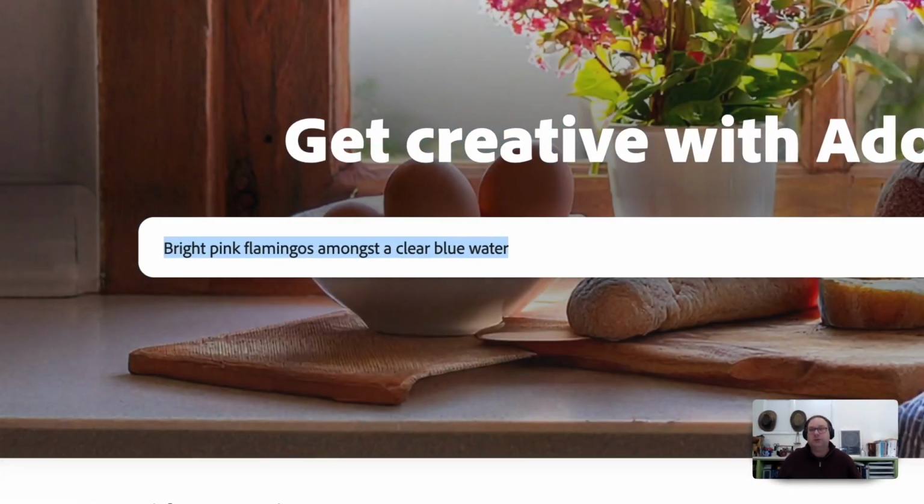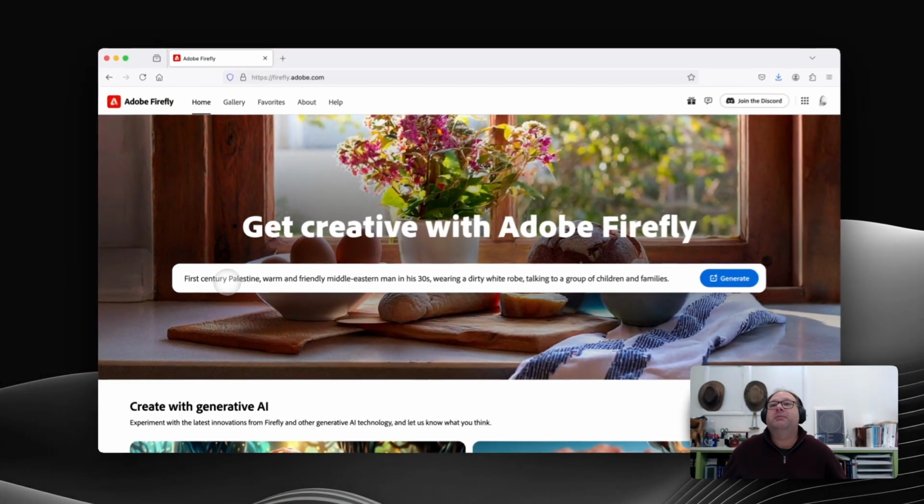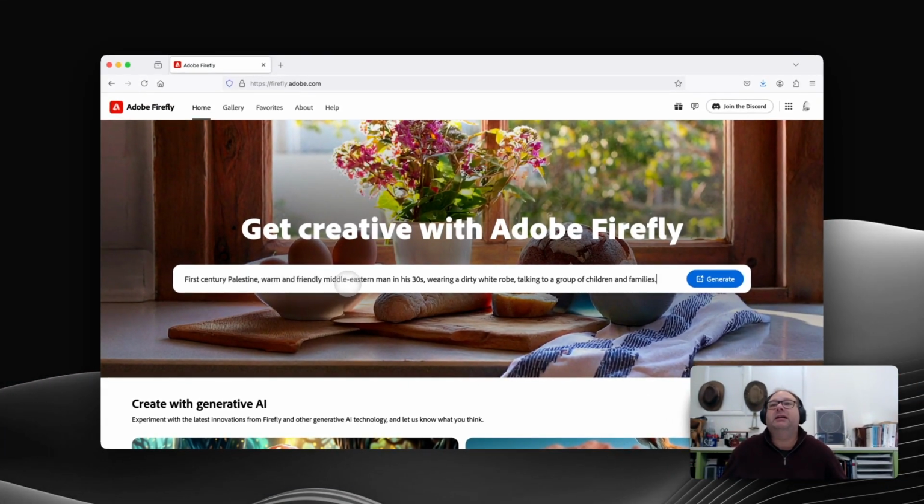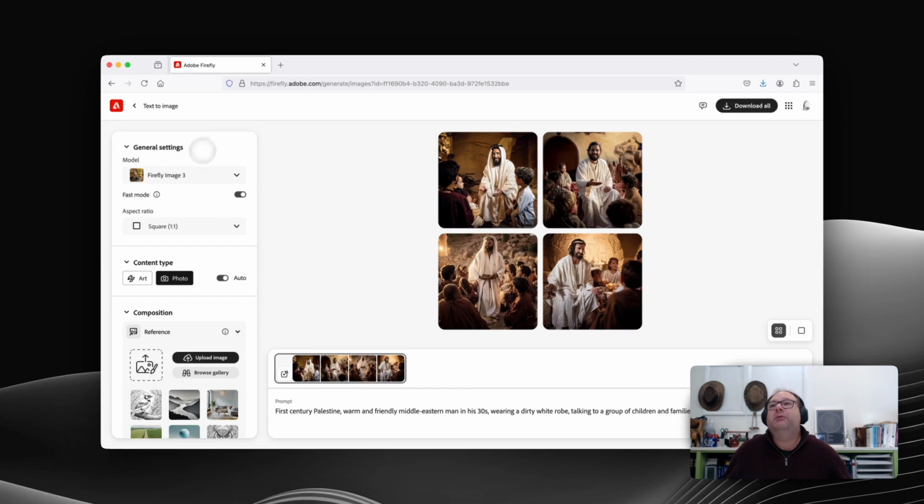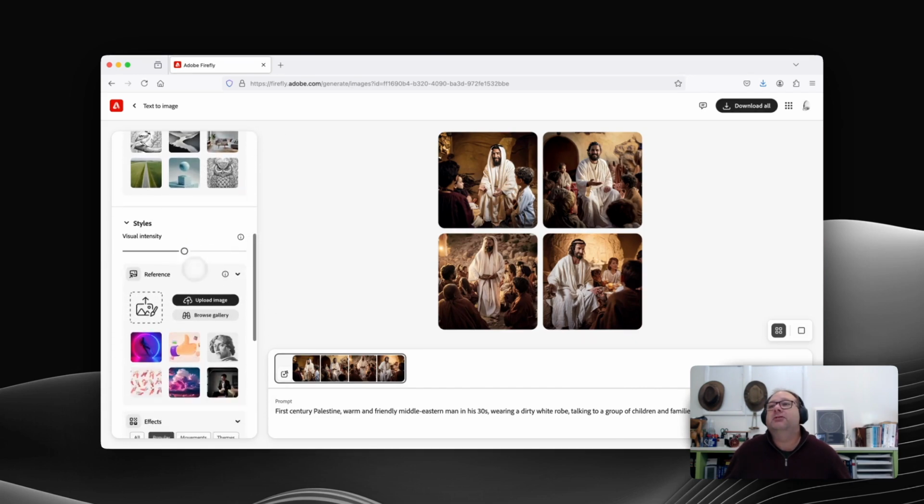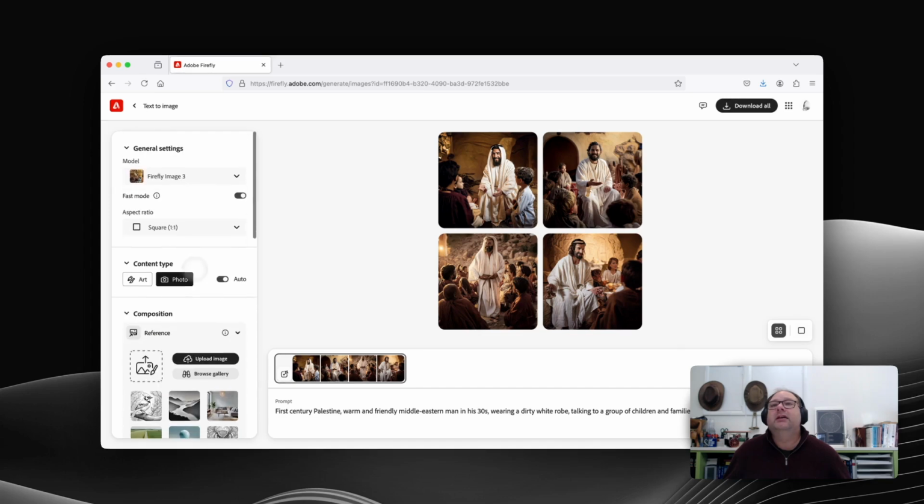So for our prompt, we're going to put in first century Palestine, warm and friendly Middle Eastern man in his 30s, wearing a dirty white robe, talking to a group of children and families. So this is without any parameters set at all. This is just the prompt. So we'll click generate, and then you'll see that immediately we get through to this interface where we've got a bunch of tools and controls down the left hand side here, and it gives us a selection of 4 images,